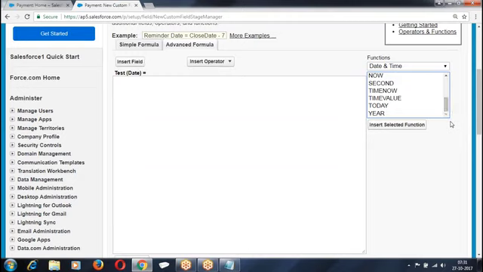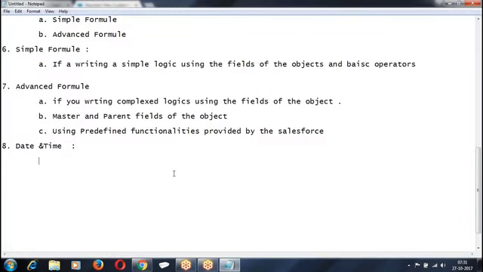Some additional functions have been added here: seconds, minute, millisecond, hours. These are newly added, along with date value and date time value.